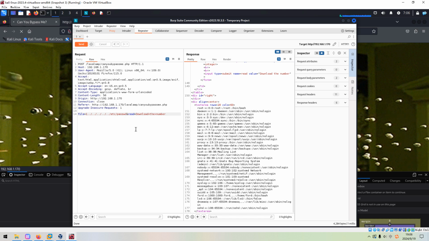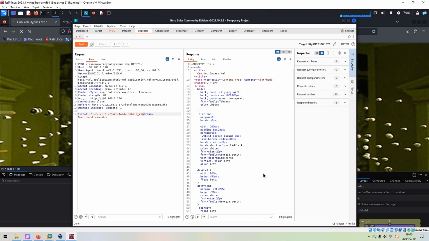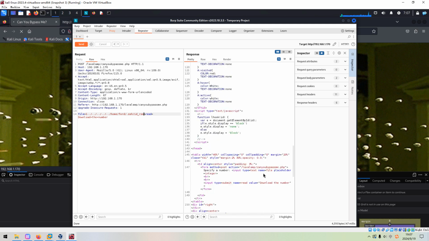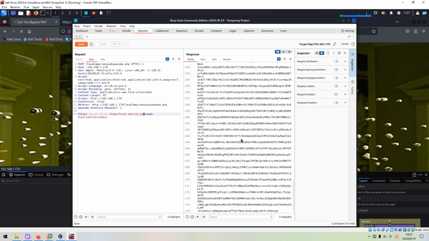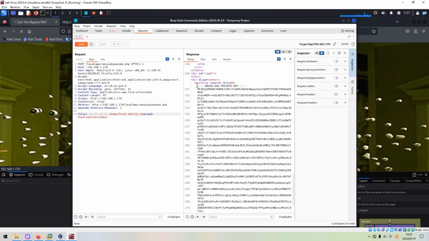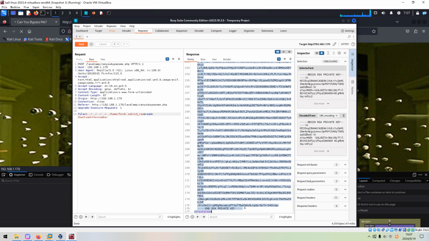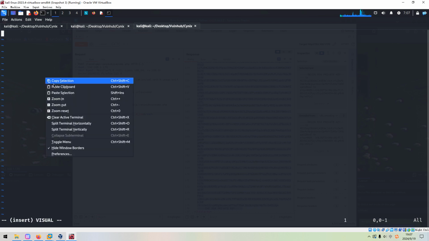We can replace this file with home, Fort, SSH, private key, and we can send. We can scroll down. We successfully retrieved the private key, and then we can copy this private key and create the private key locally. Okay, we can paste it in here,